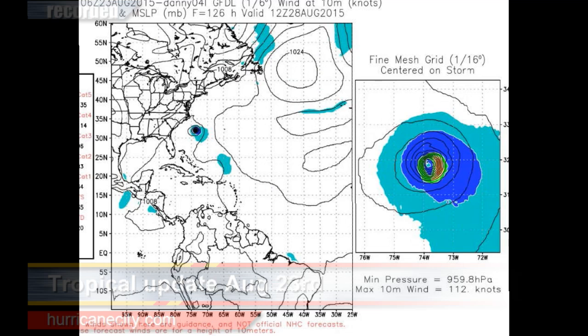And then here is the GFDL showing Danny going out 126 hours. This is the 28th going into Friday, and you can see it splits the uprights, splits the Gold Coast between the Outer Banks of North Carolina and Bermuda, and does not hit any land masses and eventually moves off to the northeast. So either of these scenarios would be good news for people that don't want to see a hurricane,